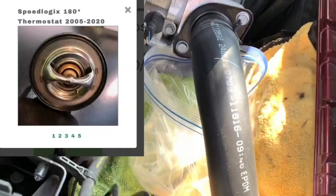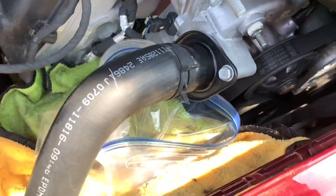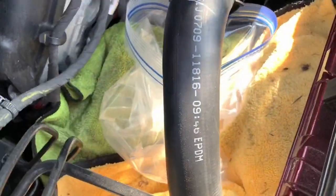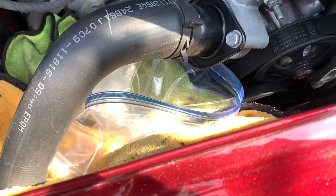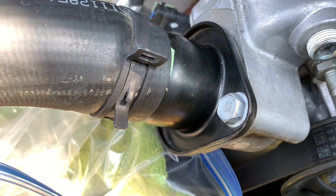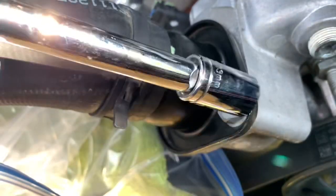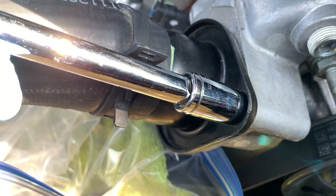All right, guys, I'm going to go ahead and install the 180-degree thermostat that I got from SpeedLogic's. Here's kind of my pre-setup. Got a couple towels underneath there. And I have a gallon Ziploc bag that might catch any coolant that might spill out. All right, so what I did was I grabbed a 13 millimeter wrench or socket, got the extender,